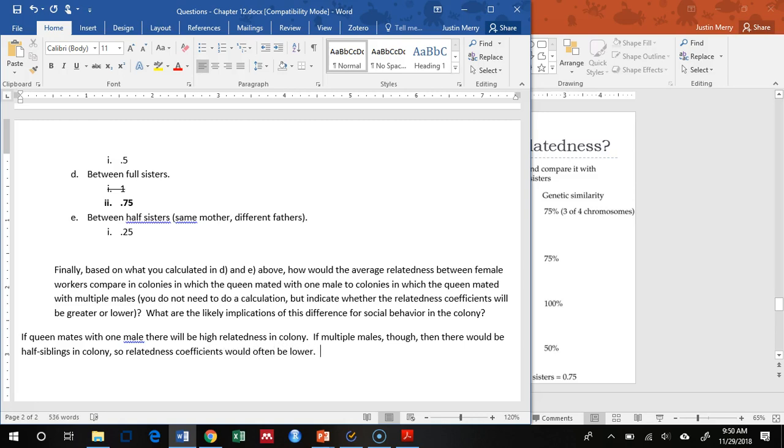What do you think the implications are for the social behavior? My idea was that there wouldn't really be a difference. Okay. Regardless of whatever the situation would be, the queen's always going to deposit at least 50% of her genes. And so in my opinion, I just thought that no matter what, worker bees are always going to be worker bees, and queens are always going to be queens. So I didn't think that there would be a difference. Okay.